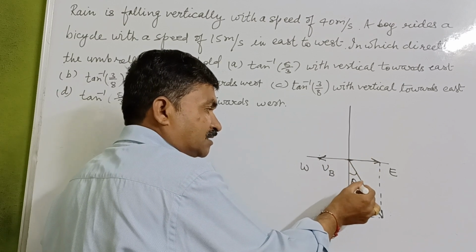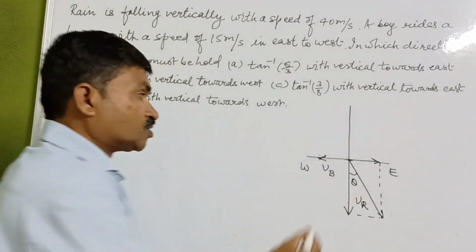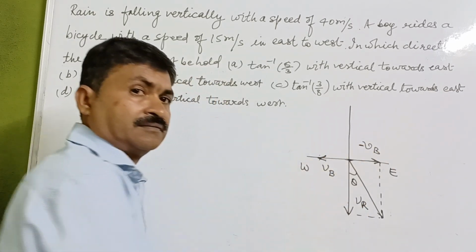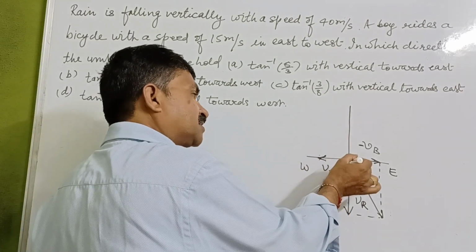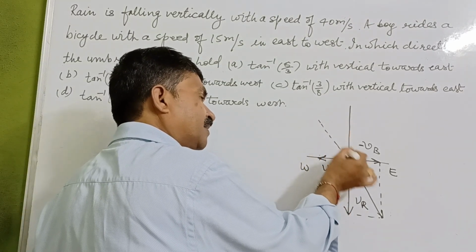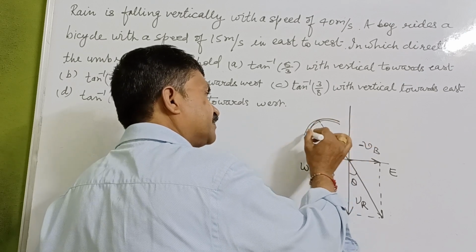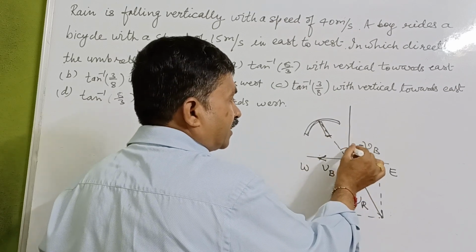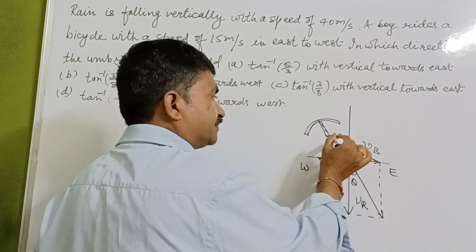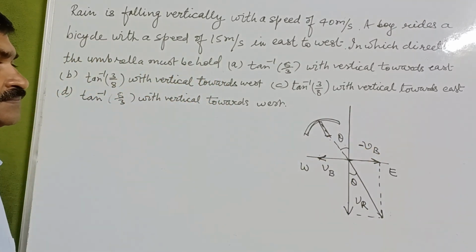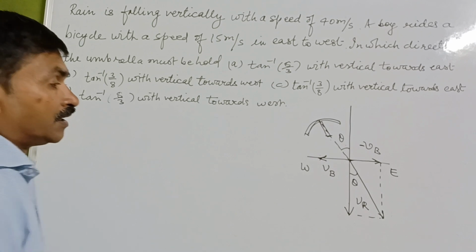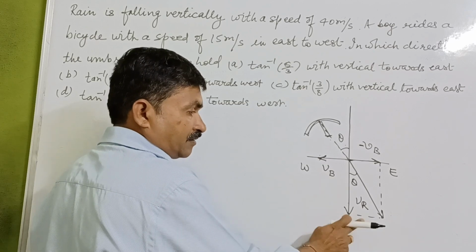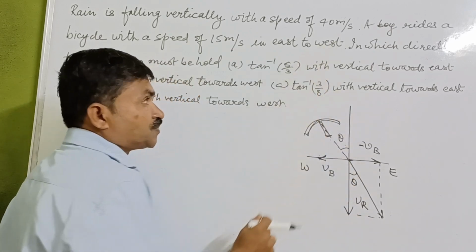Now if we assume this angle is theta, which gives the resultant, this velocity we have taken equal and opposite to it. So if we extend this line in this direction and hold an umbrella like this, it will be at an angle theta. Okay. Now once we know the velocity of the boy, and the speed of the rain is known to us,